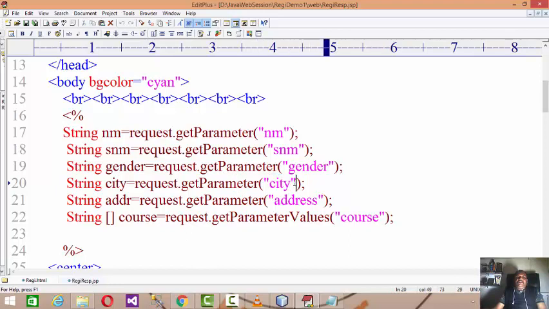Request.getParameter("city"). City is also the same: whatever option you select from the list, that city value will be posted over here. And then the address. Address means the text area's unique name, and its value will be posted to adr. Now the only problem arises with the